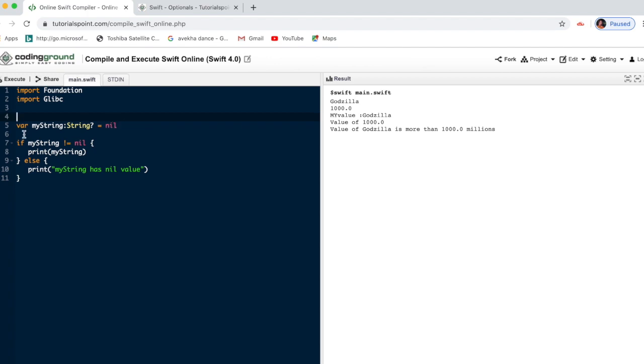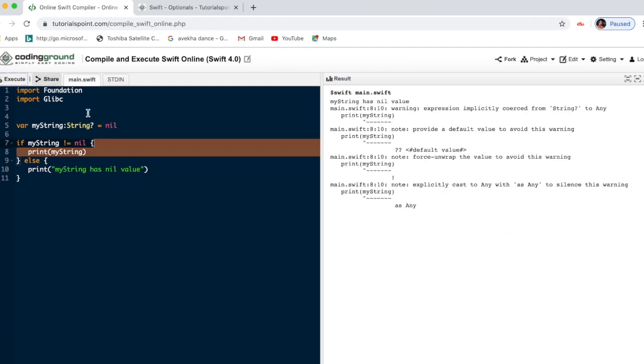Then I am doing one condition: if my string is not equal to nil, then print my string, else my string has some values. Just execute, I will explain.